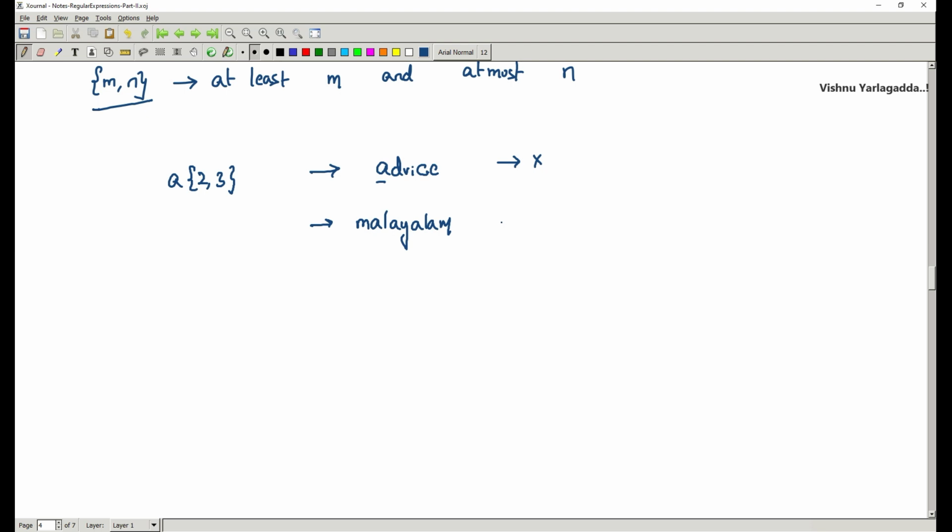In Malayalam, A didn't appear in the initial stage, and it is 4 times, so it is invalid. 1, 2, 3, 4, 4 times, invalid. And the third one is aviation. This is valid because A appeared twice. We shall check it.